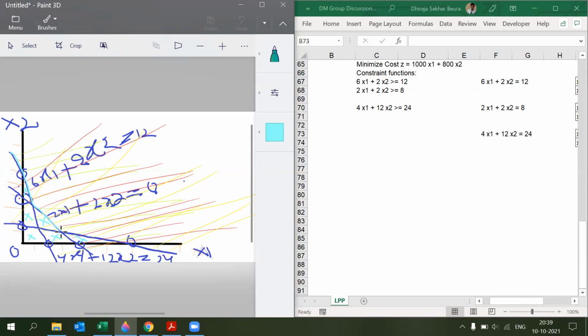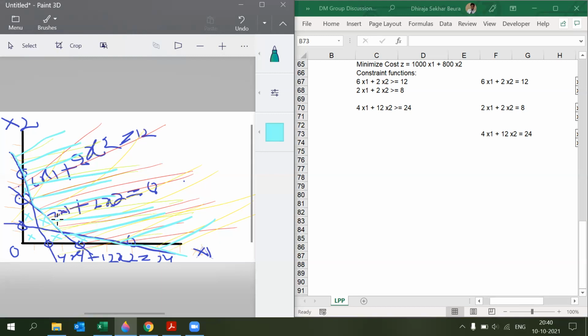Everything above this portion. Do you agree? Yeah. Everything above this region is where all of this is satisfied. Okay. Now, once we have determined that, look at this. You have to practice a lot. Don't draw lines like this. Just to have a good understanding of it, I'm doing that. Don't do that. The more questions you practice, the clearer it will be to figure it out just by looking at it.